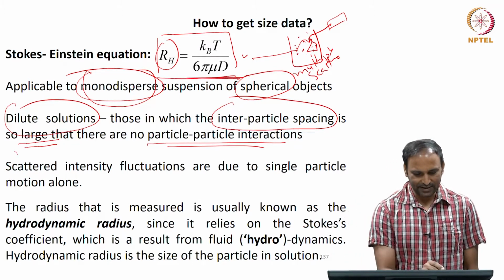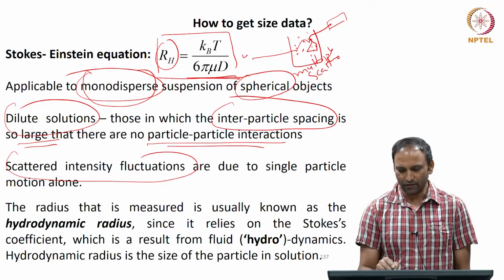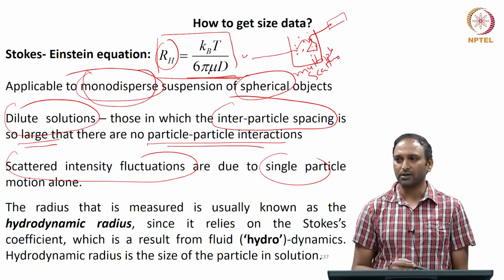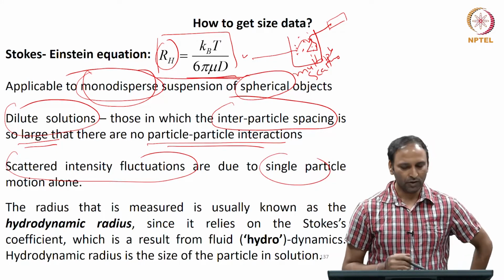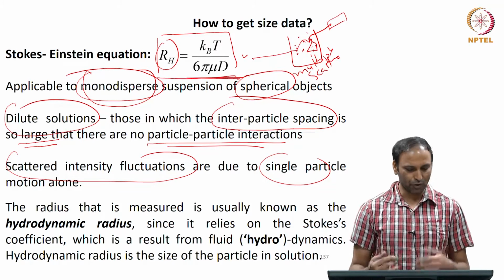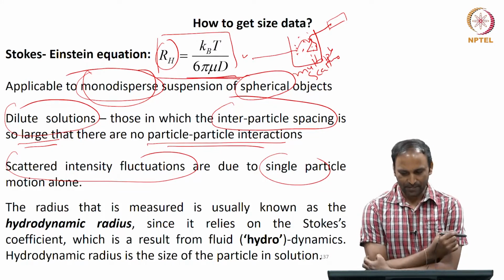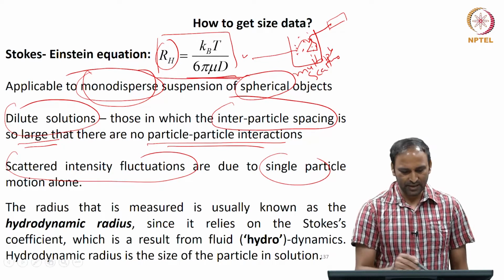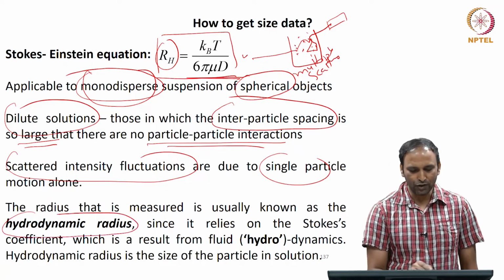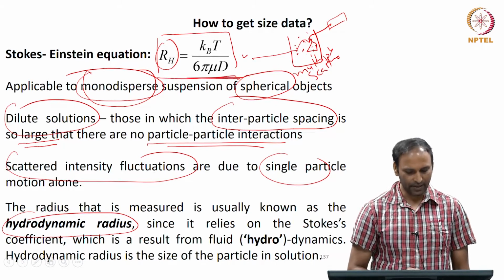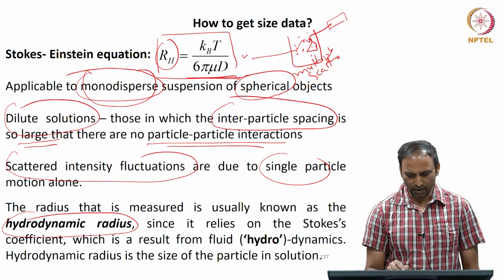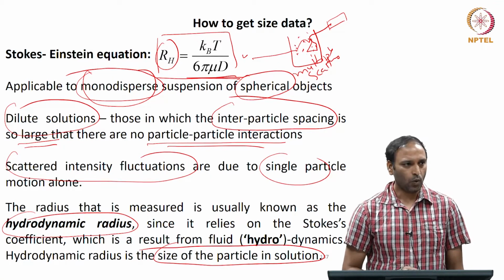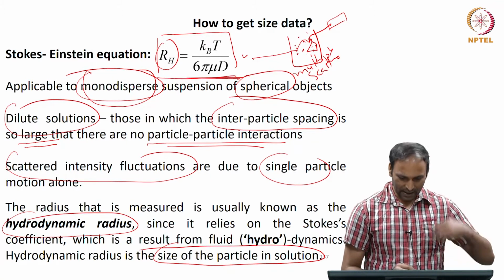That is because, as I said, we are assuming that whatever intensity is scattered is because of a single particle's motion alone. And if you have too many particles close by, the other particles could also influence this fluctuation. And what is typically measured in DLS is what is called a hydrodynamic radius, which is the size of the particle in the solution. What I mean by that is that